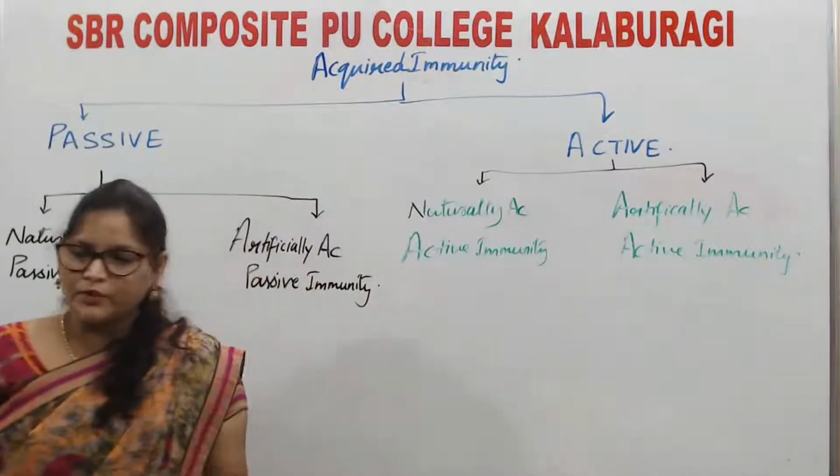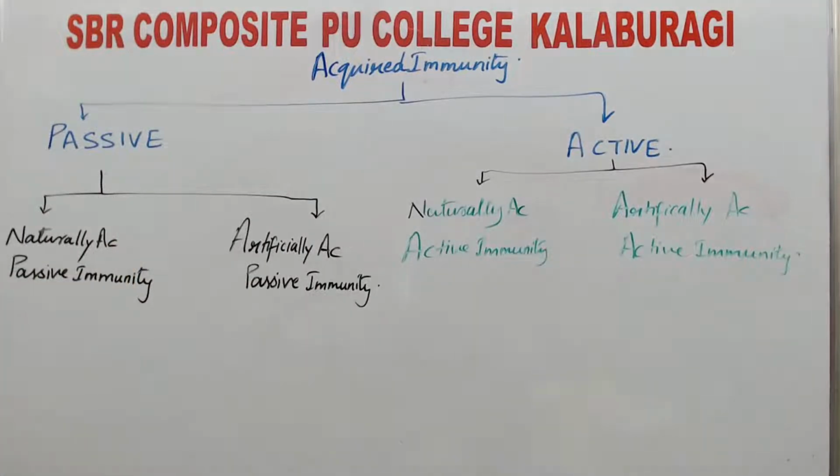Artificially acquired active immunity. How are we going to understand these immunities? Naturally acquired passive immunity. Say for example in case of infants. In case of infants they have still not developed their immune system completely. They cannot fight with the antigen. So what happens? These infants are provided with ready-made antibodies. Who is providing? Mother provides antibodies through the placenta in case of fetal stage, and in case of young ones